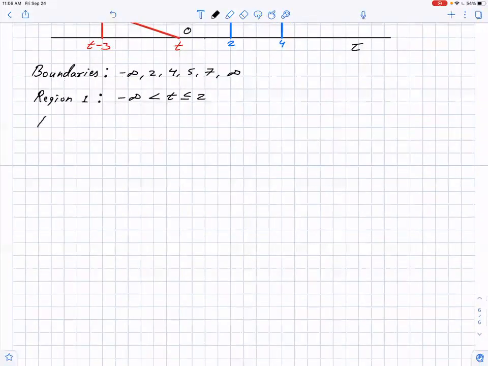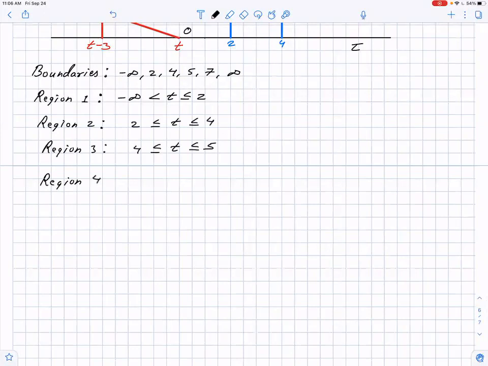The second one is when we see partial overlap. That happens from t equals 2 to t equals 4. And then region 3 is when we see full overlap. And then region 4 is when there is partial overlap again. And in the final case,